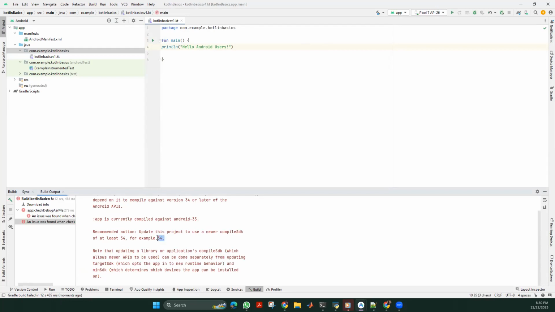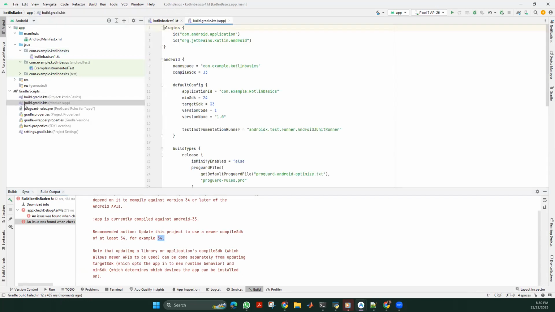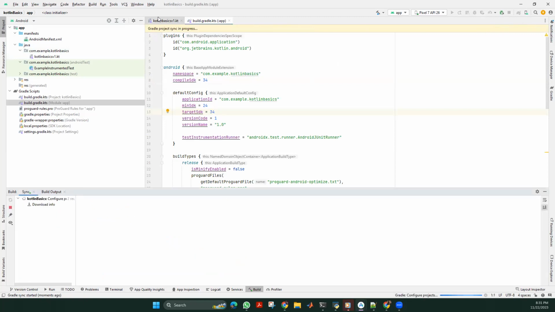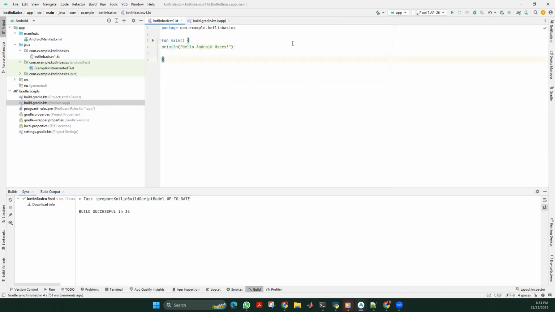Error means, like in here, it says the API level that I have defined is not up to the value that is expected. So I'm going to change the API in here, and I'm going to sync it with the other files. So that is something that you can do to resolve that error. Once some kind of change has happened, it will show in here. And then you can run the code in here again using this run button. You can run it, or else you can run using this run button here. So once you run this,